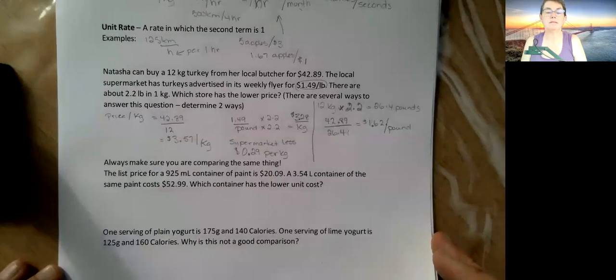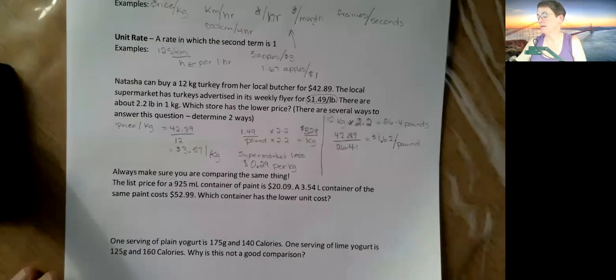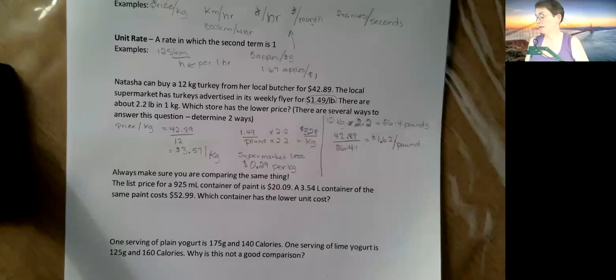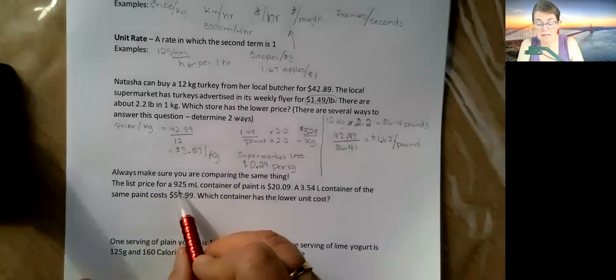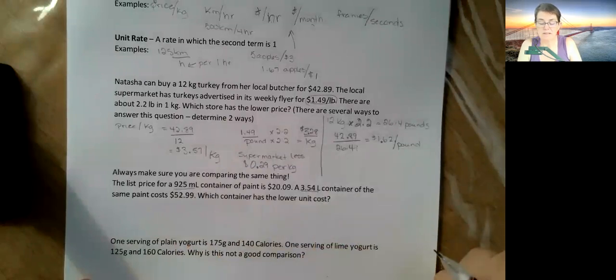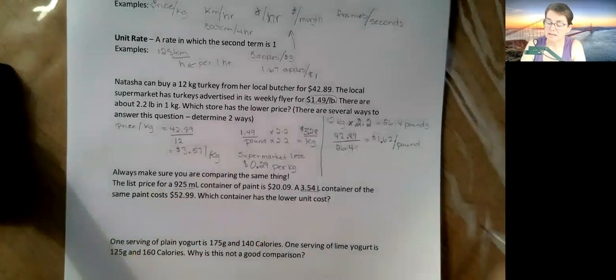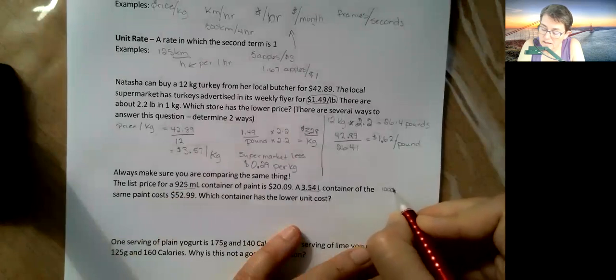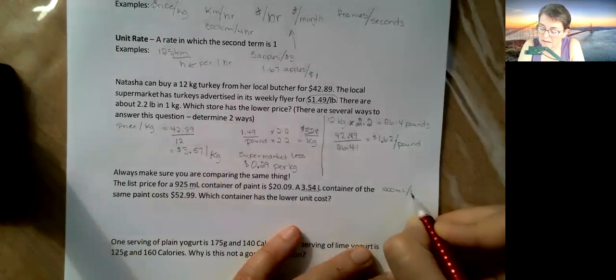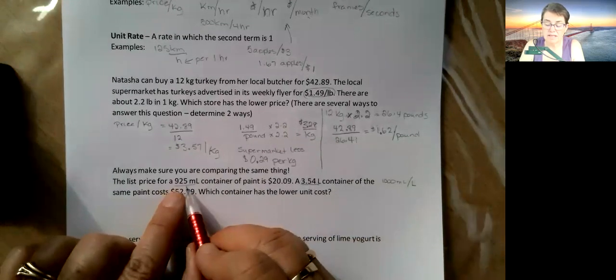All right, next one. With a little note, always make sure you're comparing the same thing. And this is one of the things that drives me nuts when you're shopping, is you can get, for example, the 925 milliliter container of paint and a 3.54 liter container of paint. Which one has the lower cost? Well, these are milliliters and this is in liters, and you need to know that there's 1,000 milliliters per liter. Oh, you were in grade 10, you should know that. Which means if I divide this by 1,000,